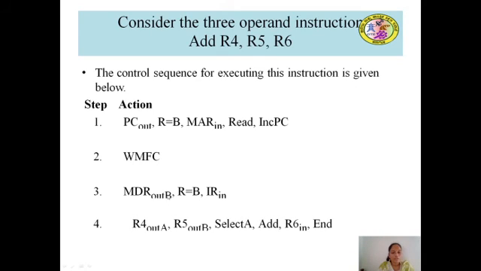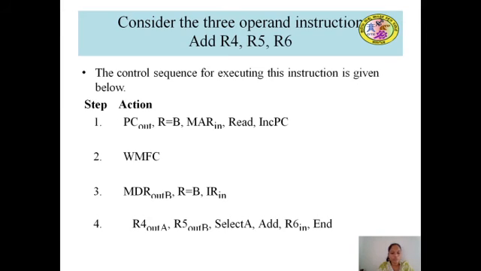Now the content of B will be transmitted to the B input of the ALU. The ALU is going to transmit the B input as unmodified data using R equal to B. Now data is available in bus C. Through bus C, we can transfer the data to the instruction register. So for that, we need to activate IR in, instruction register in. Now the instruction is present in the instruction register.